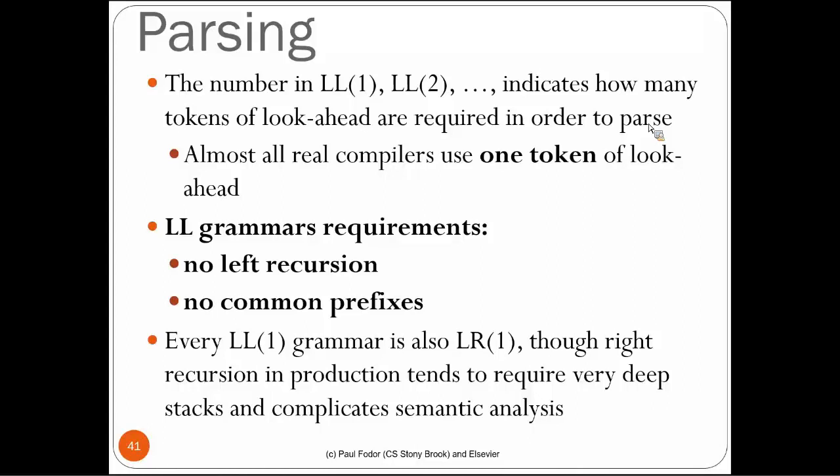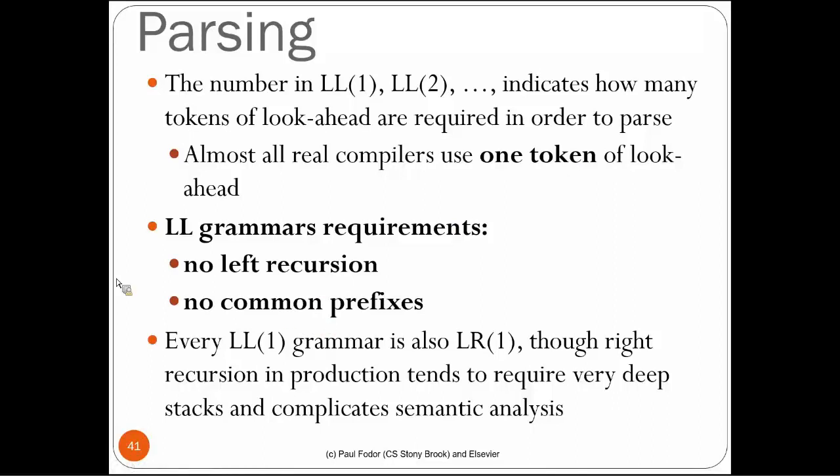That means that given one token from the input stream and the current state of the parser, which may be basically the current non-terminal in the parse tree or the current state of the stack, we can identify which production rule to apply next. LL grammars have a few requirements. As I said earlier, we should not have left recursion, and we cannot have common prefixes. Basically, if we have a common prefix, then with one token we cannot determine which is the next production rule